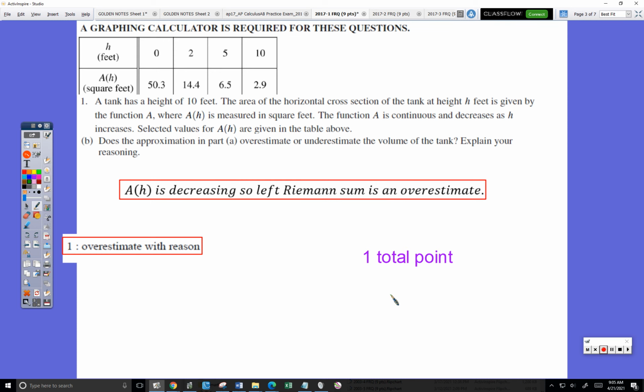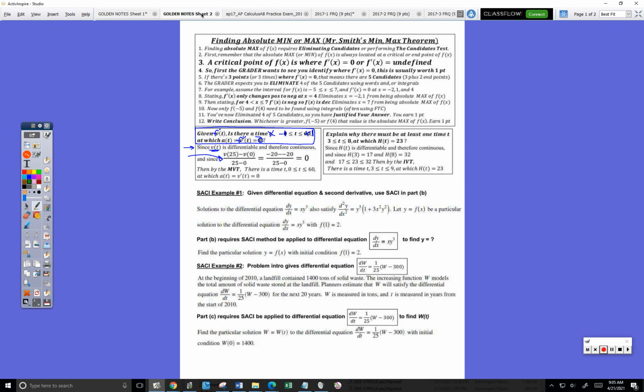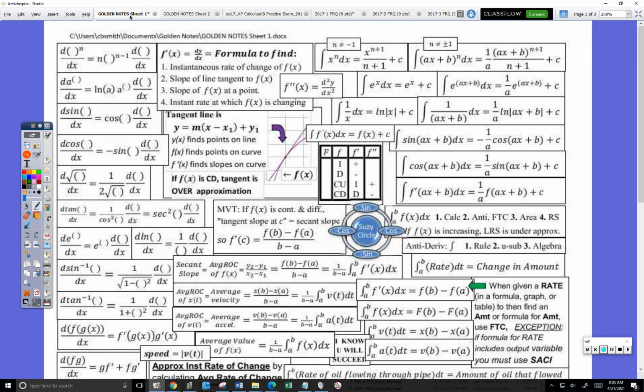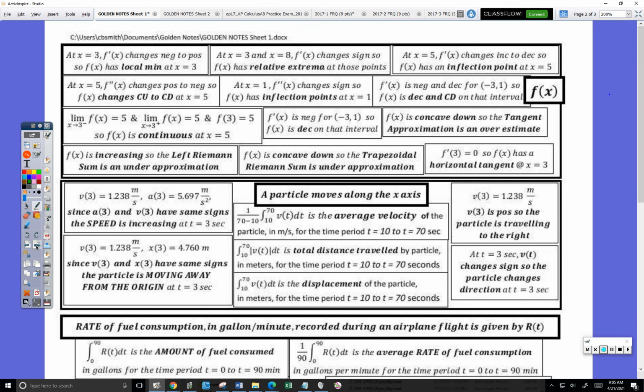Okay, this is number 1B. Does the approximation in part A overestimate or underestimate the volume of the tank? Explain your reasoning. On the golden notes, there are several boxes that relate to this. If you look at the golden notes sheet 1 and on the back, you'll notice that if we have a